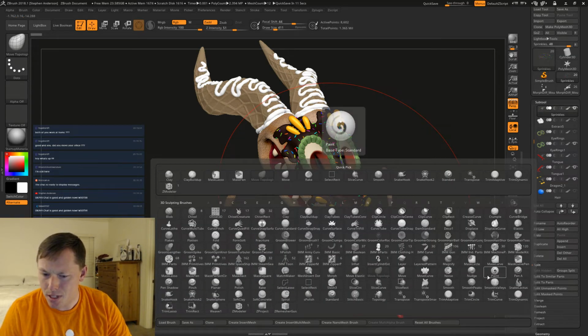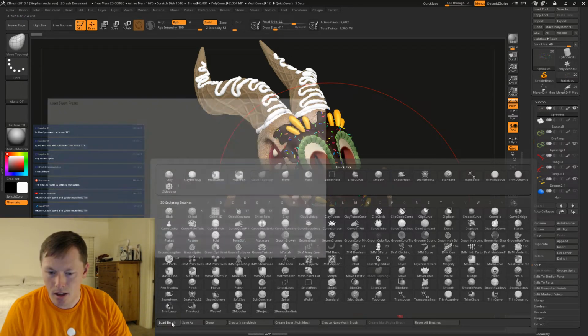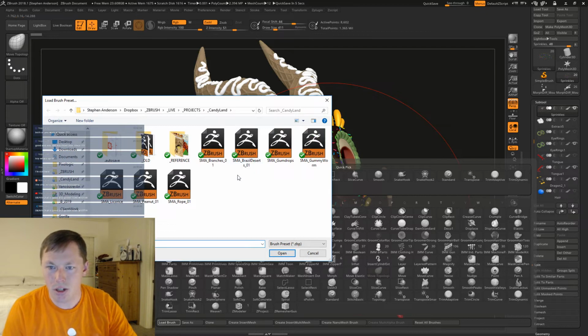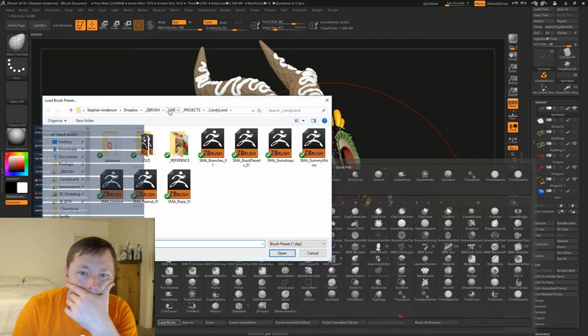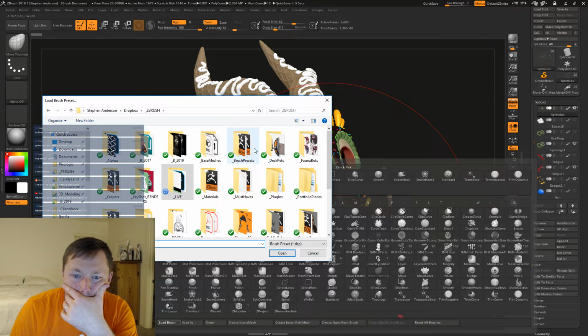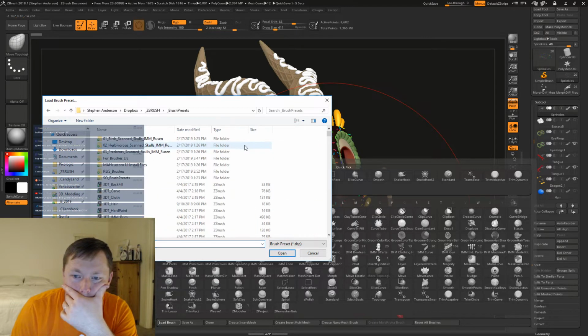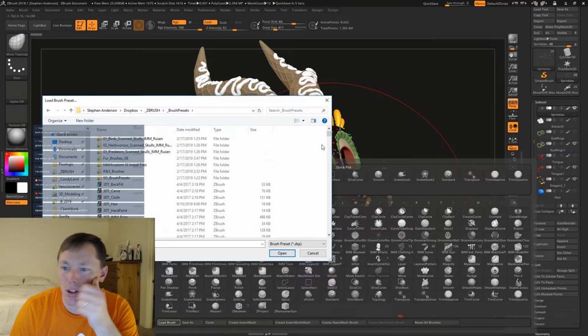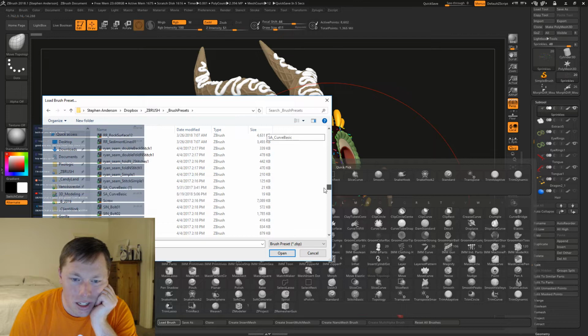Let me see, do I have my hairbrush loaded in? It doesn't look like it. Okay, load brush, ZBrush. Need to make sure that I have my SMAARTIST hair.